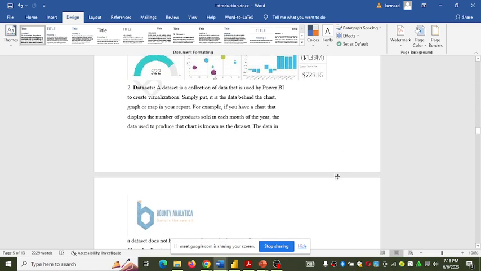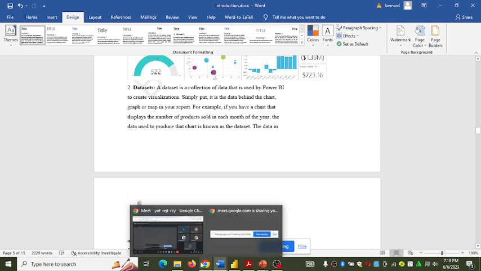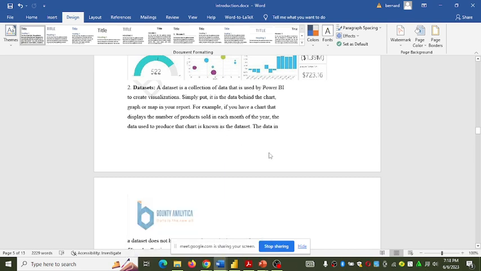The second block is the data set, and a data set is just a collection of data that is used in Power BI to create visuals. Simply put, it is the data behind the charts, graph or map in your report. So for example, if you have a chart that displays the number of products sold in each month of the year, then the data used to present that chart